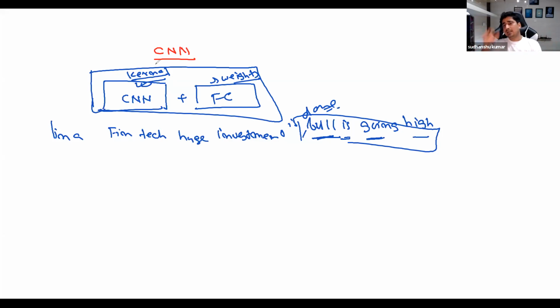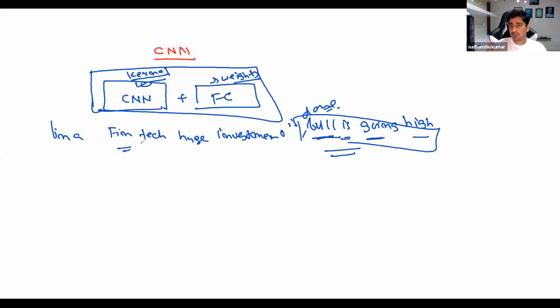Again, pass the data, get the output. But whatever output I'm able to get, it is not stored anywhere. So whenever I give a new input, it doesn't have any kind of memory. It just passes through the kernels and then the fully connected layers to give the output. Simple. So you are not storing anything, but to solve this kind of problem, I'm supposed to store a context. I'm supposed to store something from the previous conversation.